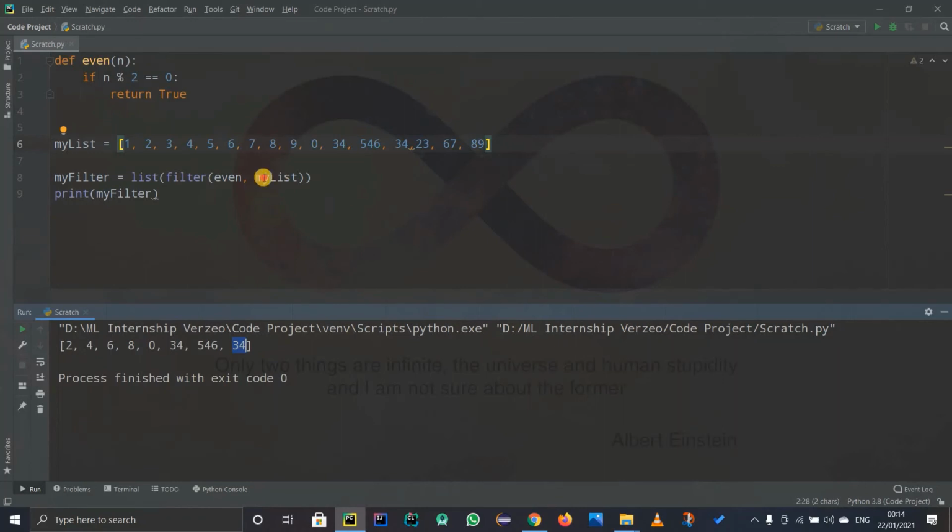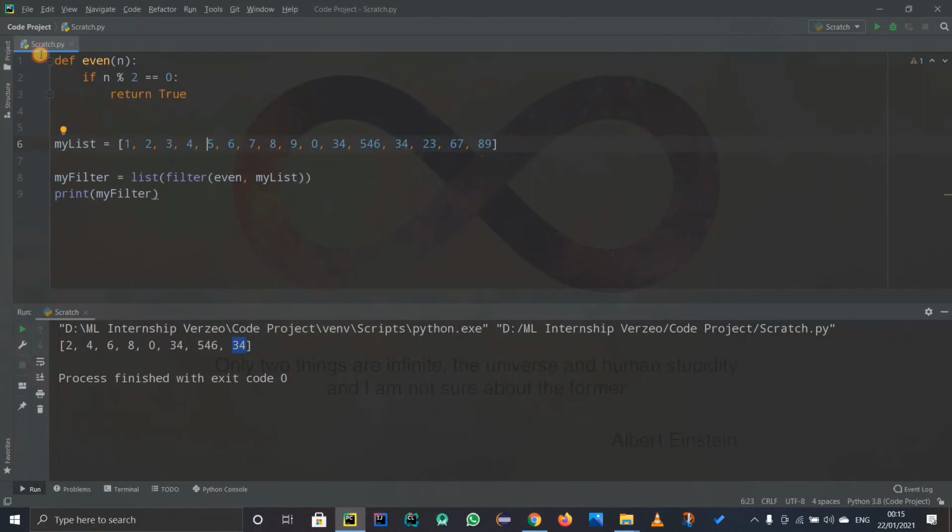If not, I'm going to explain it all. See, we have this list, which is nothing but this whole thing, and after that we have this function even. So what is this filter doing? It is iterating through each and every element of this list and checking it against this function. So it goes to 1 and passes 1 as the argument. Even of 1, is it true? No, it is false, so it will leave it. Even of 2, yes, it is true, so it will store this in a new list. This is actually an object I'm converting into a list. Then 3 is not even, 4 is even, 5 is not even, and so on.